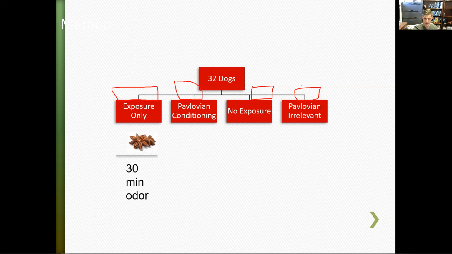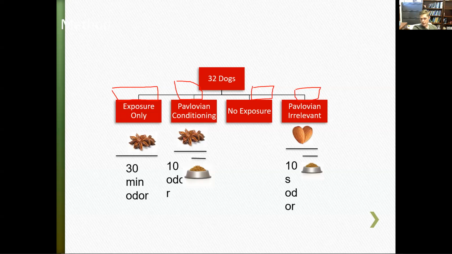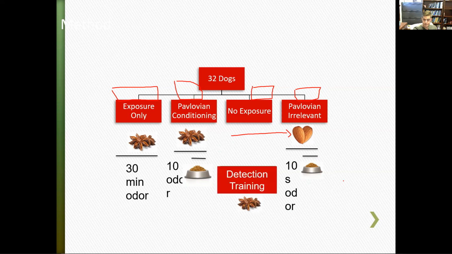So exposure only, gave them 30 minutes of the target odor. This is star anise, which is basically, we used an anise extract odor. Smells like licorice. The Pavlovian conditioning got 10 seconds of odor, followed by food that overlapped in a delay conditioning fashion. The no exposure got no exposure, and then Pavlovian irrelevant was the same as the Pavlovian conditioning, but instead of using an odor we were going to train them on, we used an almond. And this was largely just to control for the fact that perhaps just simply giving the dogs food would improve their overall performance. After we did this for 6 days, we then gave the dogs a series of detection training